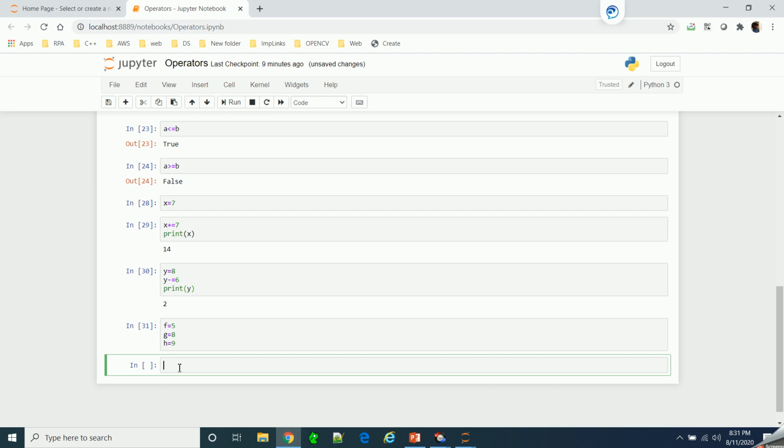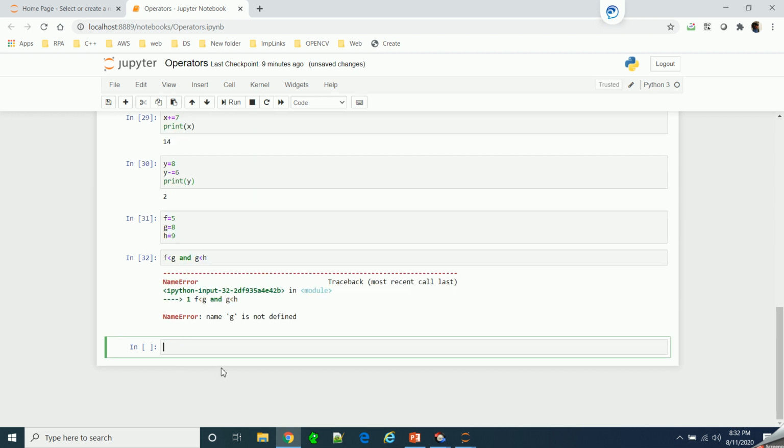So here we'll say f is less than g and g is greater than h. If both conditions are true, it will give the result as true, otherwise it will be false.